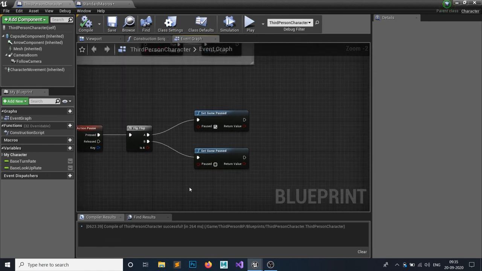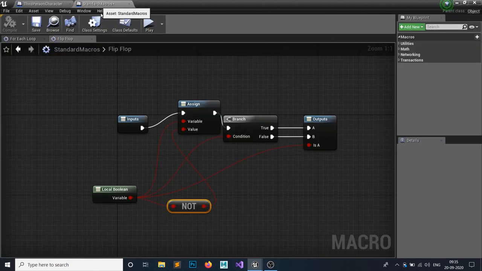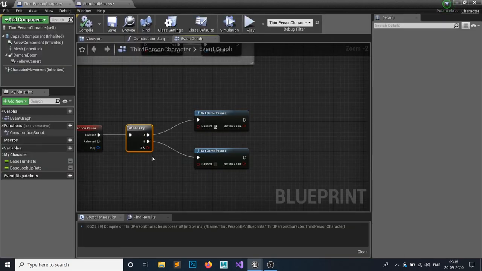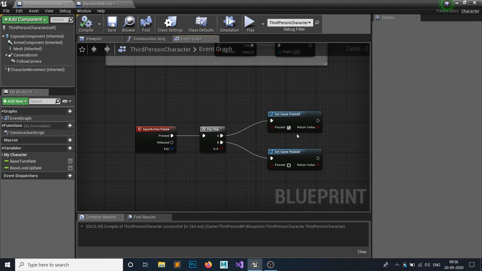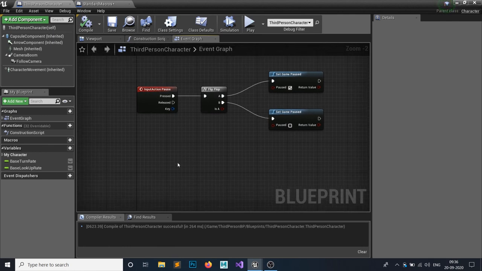And the mathematical approach is, when you have the same inputs, you're gonna find a true, and different inputs, then you're gonna find a false. I hope I am clear to you. But the thing is, the A should go first, then the B, then again A, then again B. The flip-flop is just for alternating the two things. So if you're sure that it will pause and then unpause, then you're gonna use this one. Otherwise you can also do the branch thing, it will also be fine.